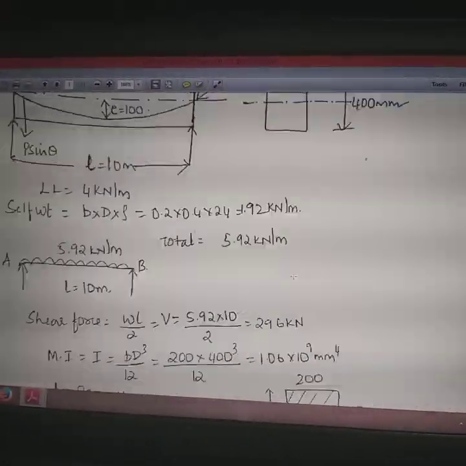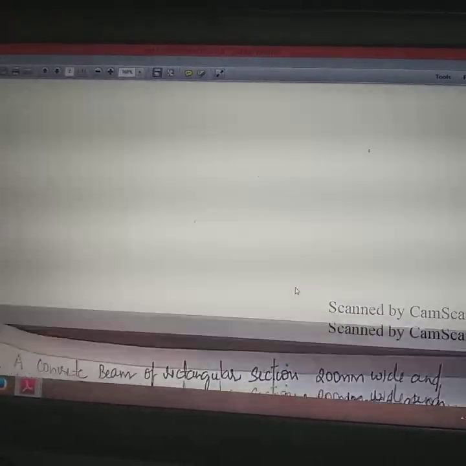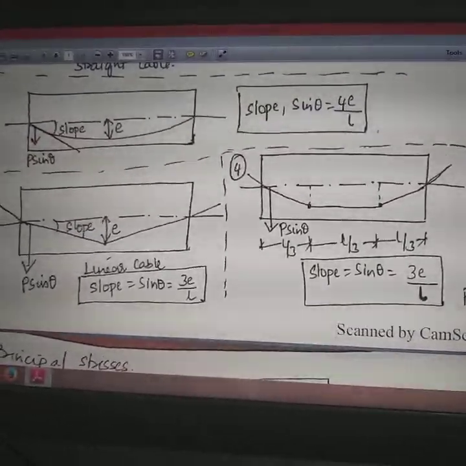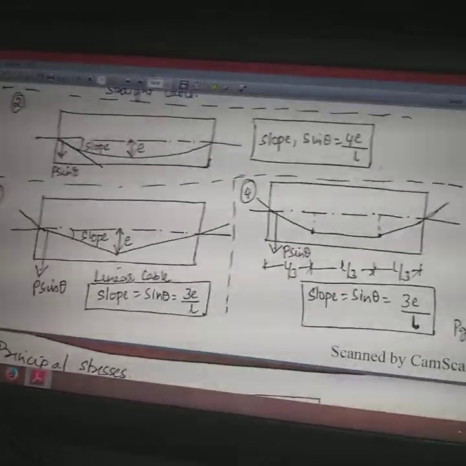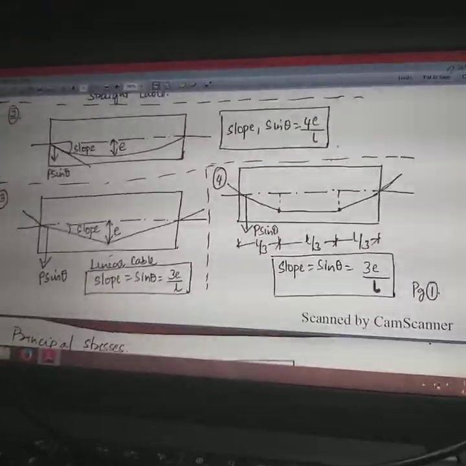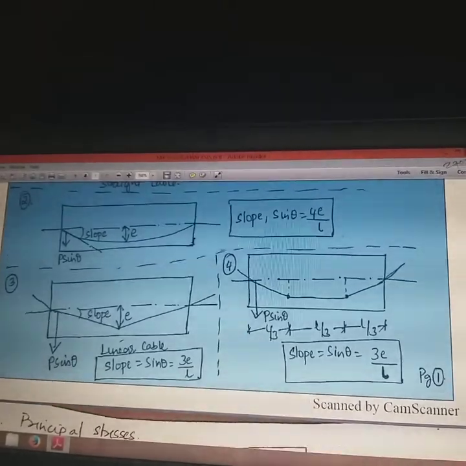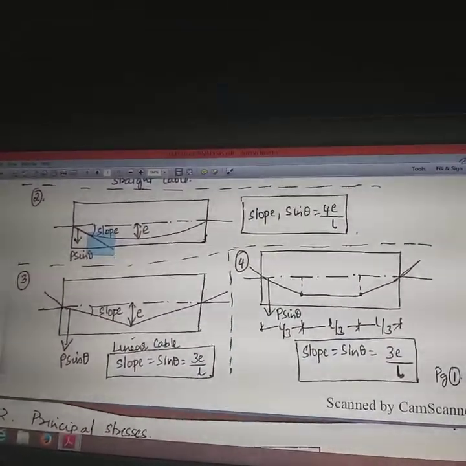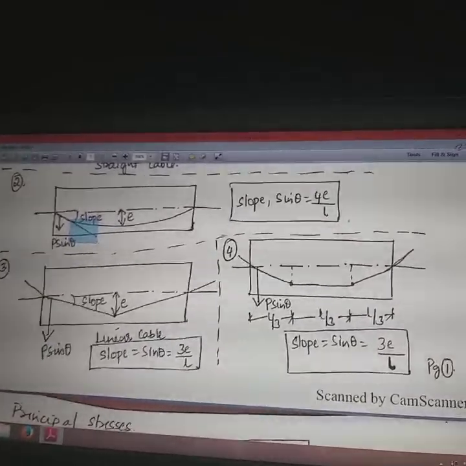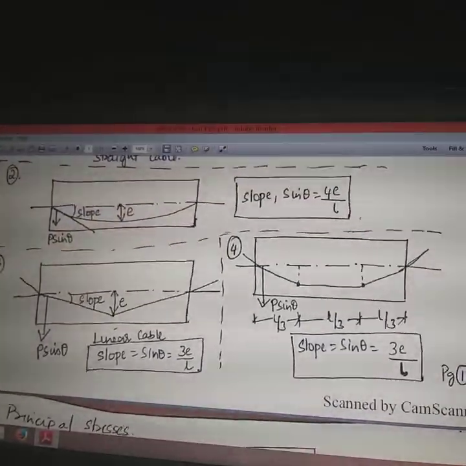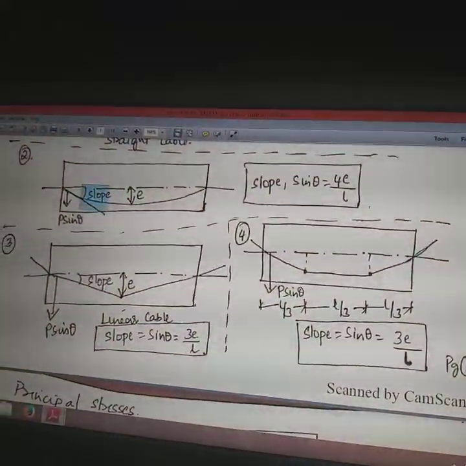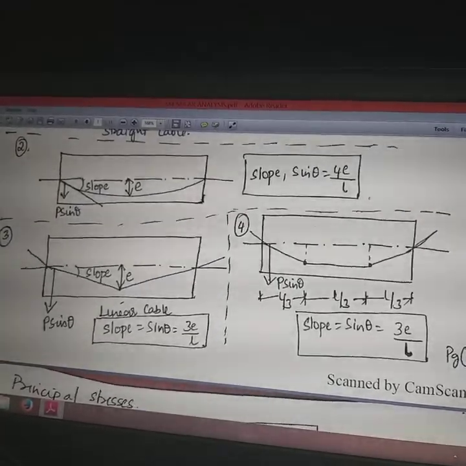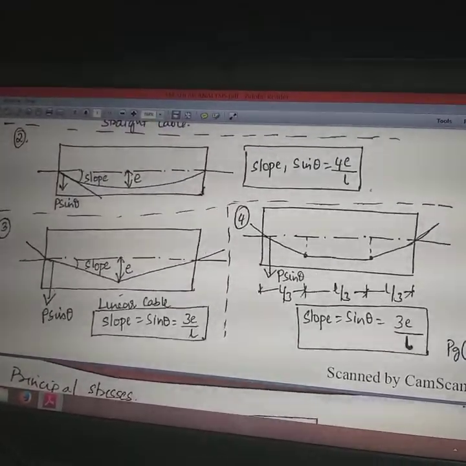Okay, then we shall go back to the introduction part here. See here, you can see this is the example which I am speaking about. See, there is a tangent which is acting here. So this itself we have considered as the force, and this force we have resolved. See, this slope whatever we have mentioned here, so this slope itself is theta. So therefore this tangential force is making an angle of theta with respect to the horizontal.